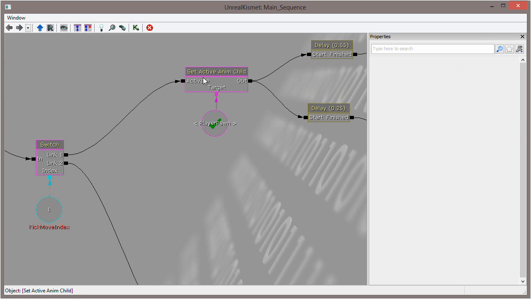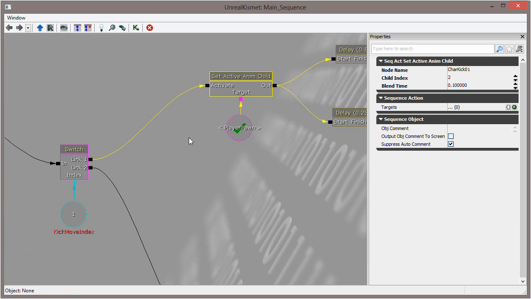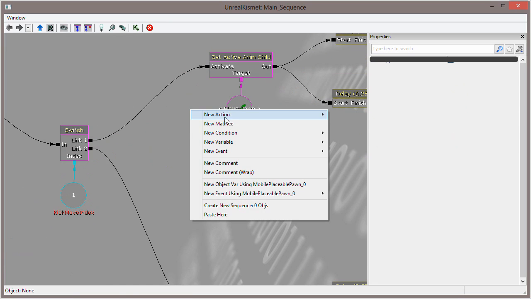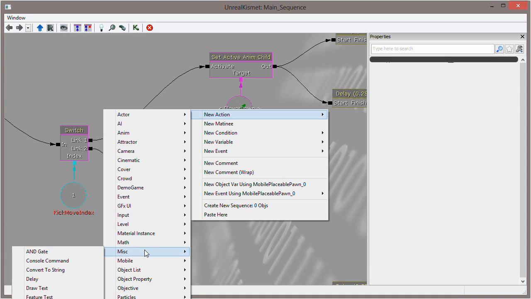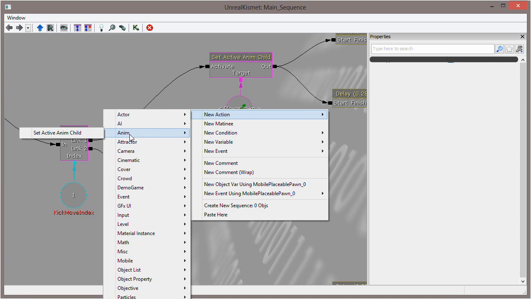So this is another node that I've known about for a while. I haven't been able to make it work until now. And to actually find it again is the question. Anim there, so Set Active Anim Child,